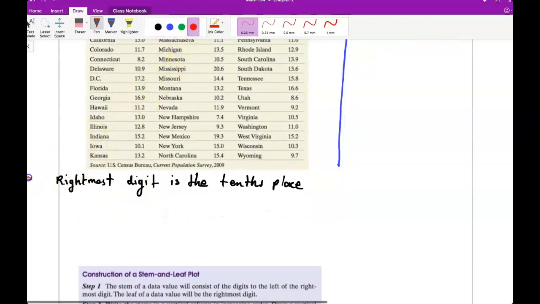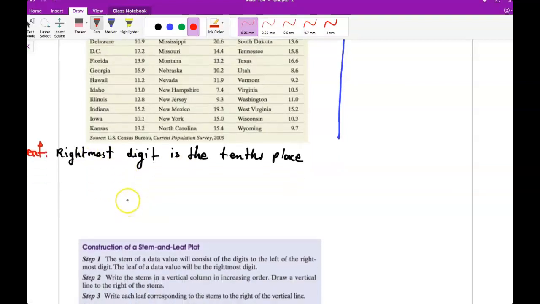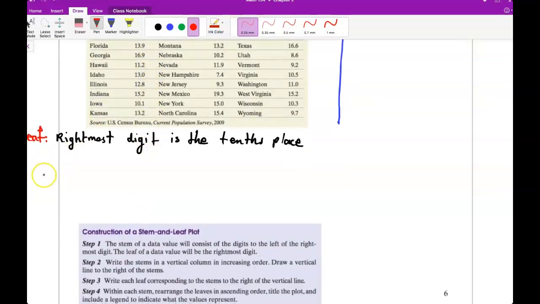So these are on the left, and for the stem, those numbers that we have to the left of the rightmost digits. So for example,